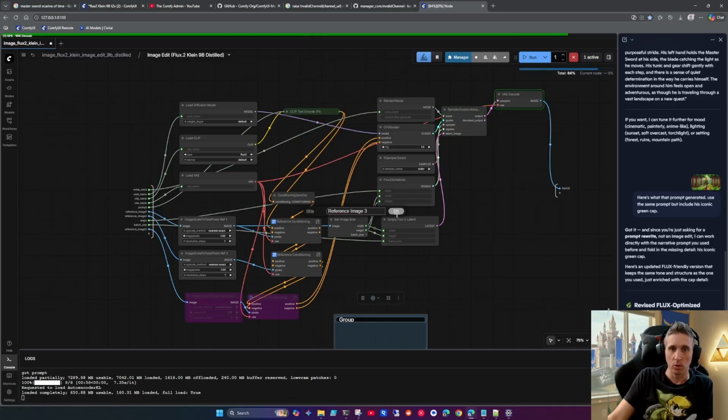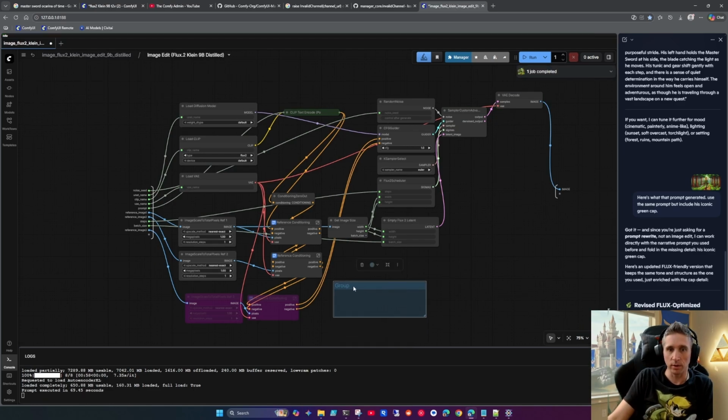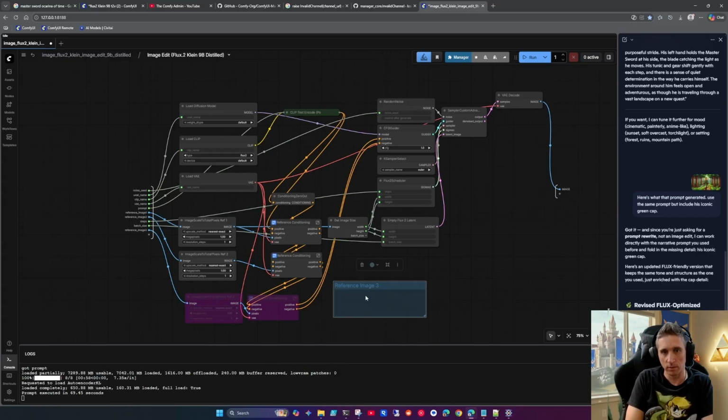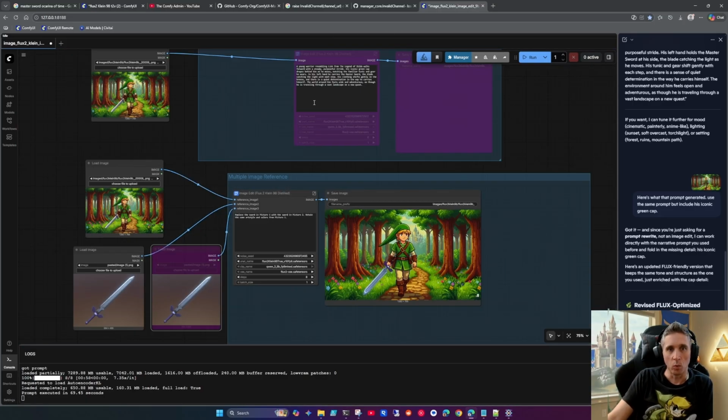And I've got a workflow where I did this for 1 and for 2 and 3. Because I like simplicity. I want one of these. I like just one. I don't want to have two. So I have all three reference images piped into that,